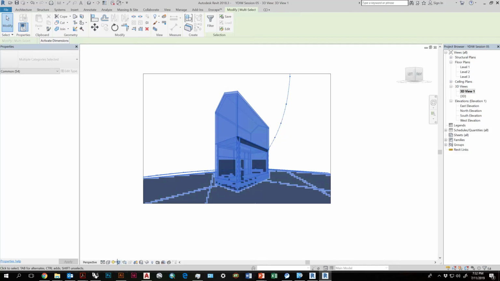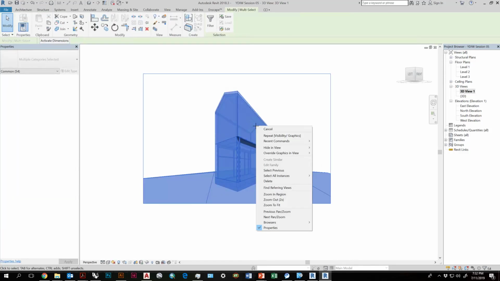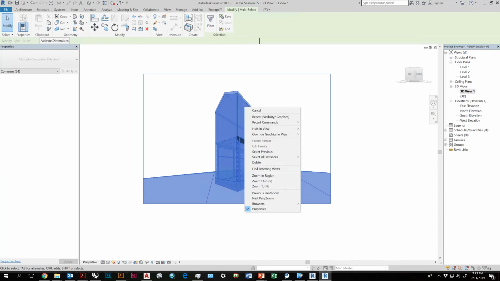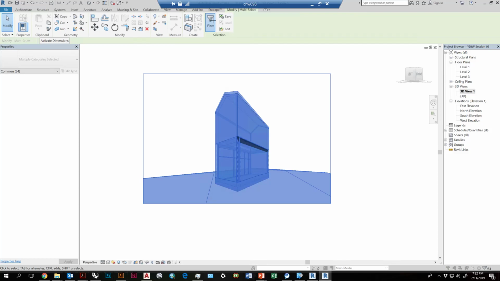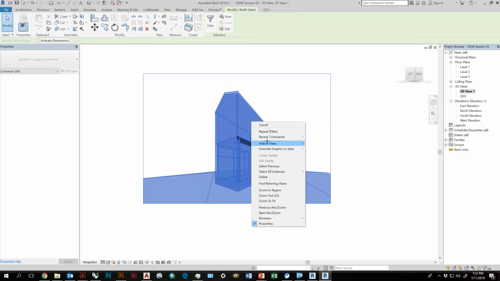and I'm going to turn off the sun shadow, or the sun path off. Anyway, select everything again. Right click. Oh, this is really important. When you have multiple things selected and you select filter, you can actually uncheck things that you no longer want selected. Super handy. Anyway, we'll go over override graphics in view, and this will override the elements of view characteristics. So how they look, the transparency, the surface material. By overriding it, this will not change the overall graphic settings in other views. This is just a view-specific change.